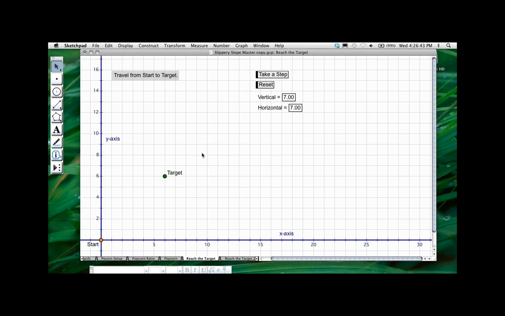Now, what if we change our target? And I'm going to come up with a toughie here. And I'm dragging it over to the point 15, 6. And don't put anything in the chat panel yet. What I'd like to do is I'd like you all to think of 2 ways to hit the target. And